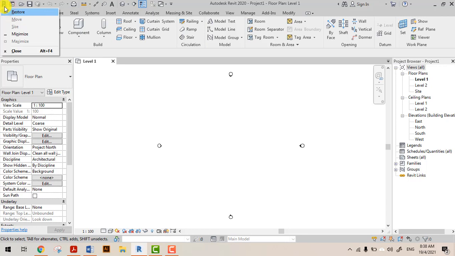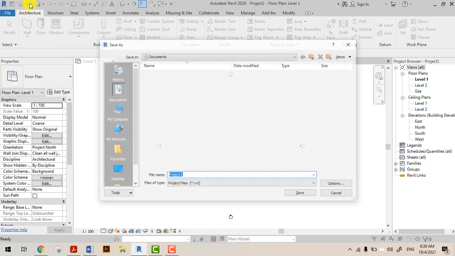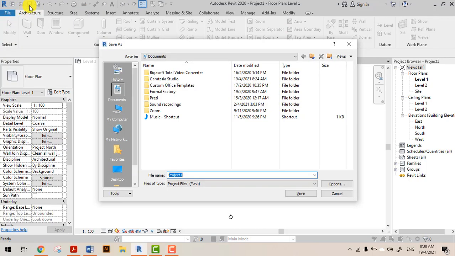on the application button. Okay, I think it's quite different from the tutorial. So you just click save. Okay, the diskette icon. Okay, then maybe you can rename it to Revit tutorial March 2021. Okay, so I'm going to rename it to,